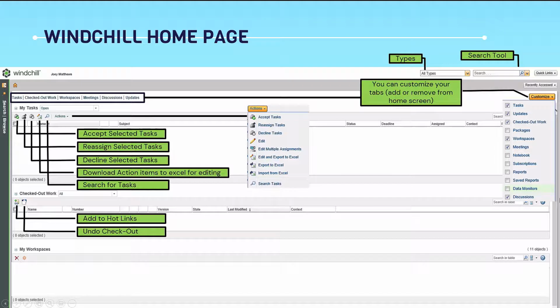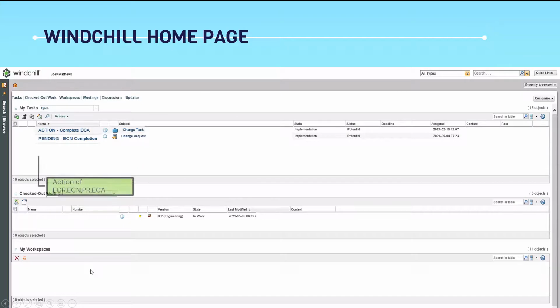For example, I told you that we have a checked out workspace that shows the work we are currently working on. And when we click on this undo checkout, it makes it go back to its previous state with no changes at all. For example, you made some wrong changes and you want to be in its previous state, untouched. So you will simply do an undo checkout. In my workspaces, you can delete your workspaces by just checking in the items and deleting. You can create a new workspace by clicking this icon.